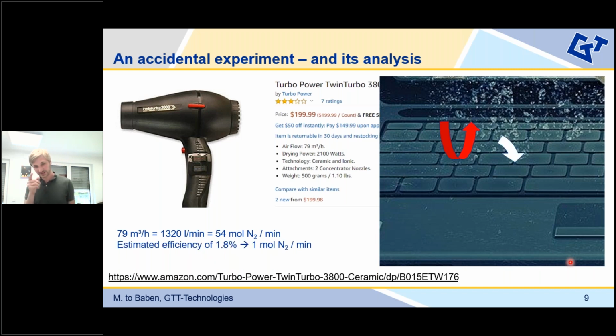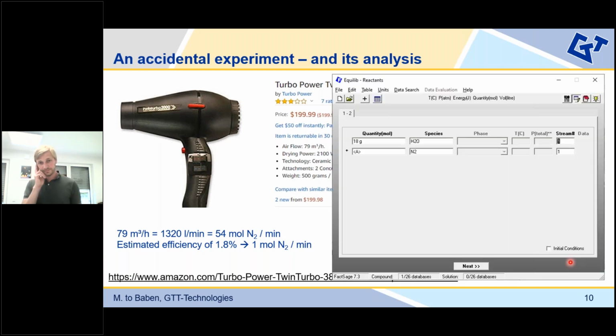But now you have to consider that your keyboard is not open at all places, right? So if the air hits exactly on a key, it will be reflected. And only that part of the airstream that hits between the keys will be able to actually contribute to the drying of water that is inside the laptop. Okay, so I estimated an efficiency of 1.8%. So that would be the area fraction that is open